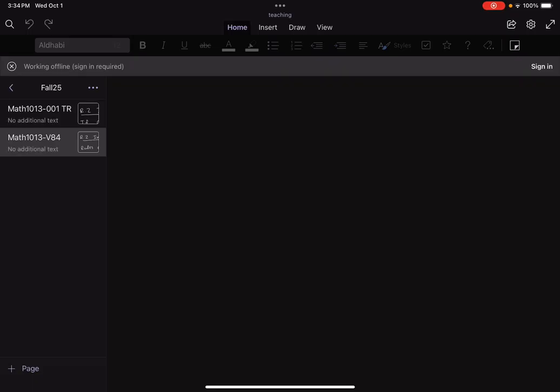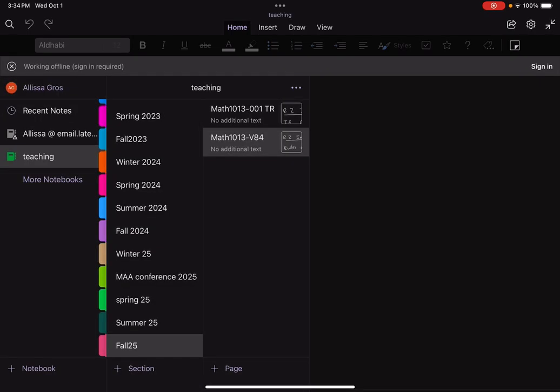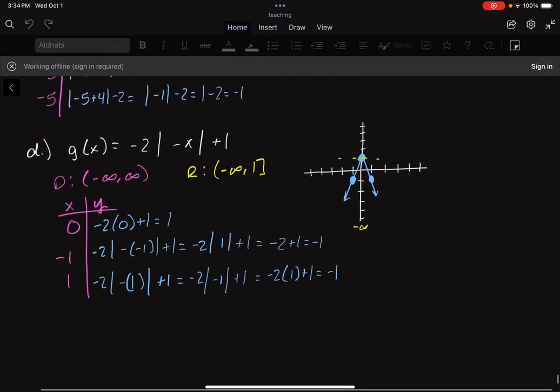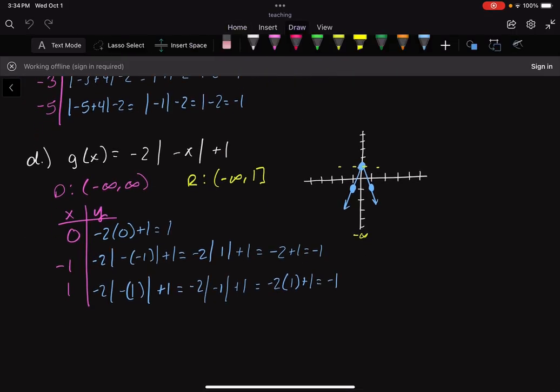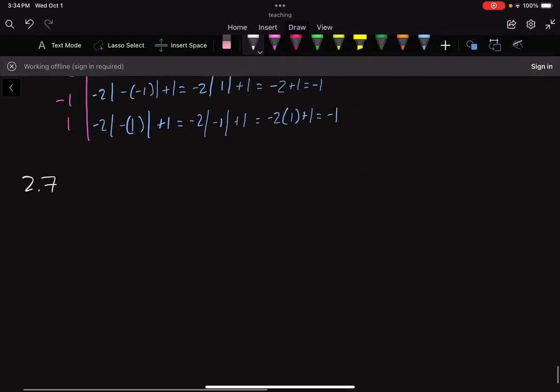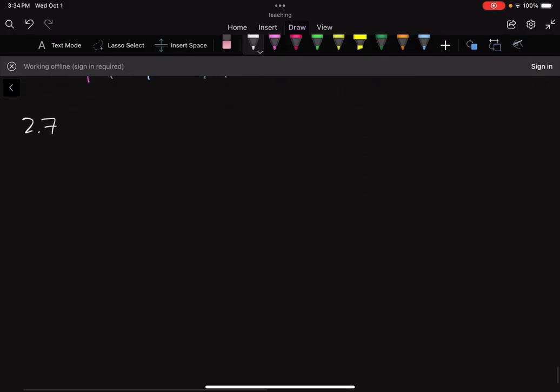Today we are doing 2.7, if my notes would show up. There we go. So 2.7, I know on the last video I accidentally said 1.6. I meant 2.6, but 2.7, and this is analyzing